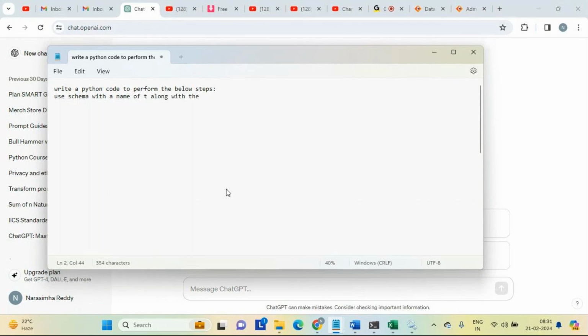Along with the below inputs, inputs for MySQL database. What are those inputs? One, username is root, and password is root,